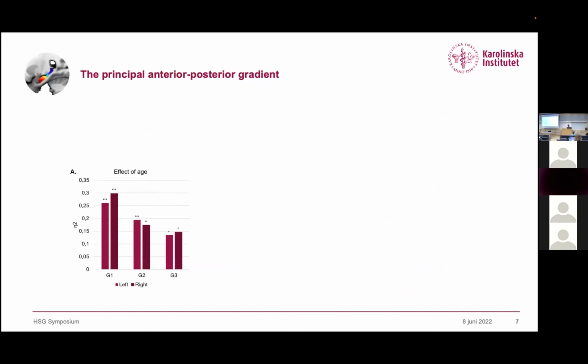All right, so using these gradient parameters that we get from the trend surface modeling, we assessed age, continuous age, as a predictor of these gradient parameters. And we can see that gradient parameters of all 3 gradients showed age related variation. And the strongest effects were found for this first hippocampal gradient. And in addition to age,